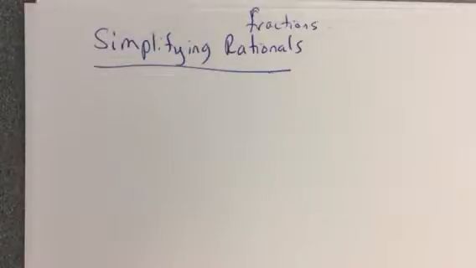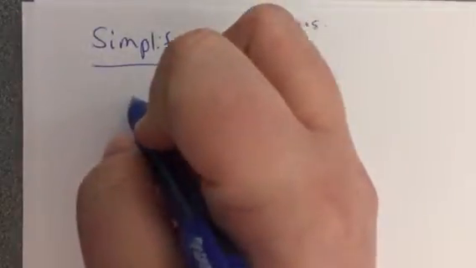So first of all, when simplifying rationals, again, we're going to treat them like fractions. So we always want to simplify our factors and cancel things out, everything that we can, and get it in as simple a form as possible. So we're going to start with one that's pretty straightforward. If we have the